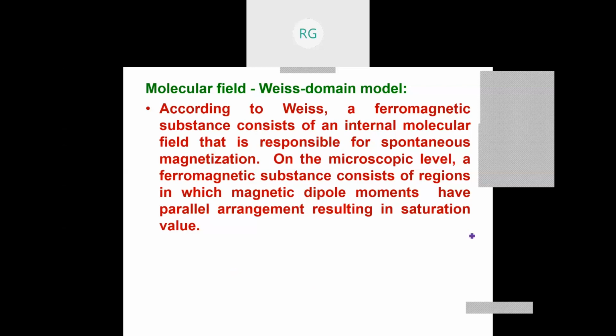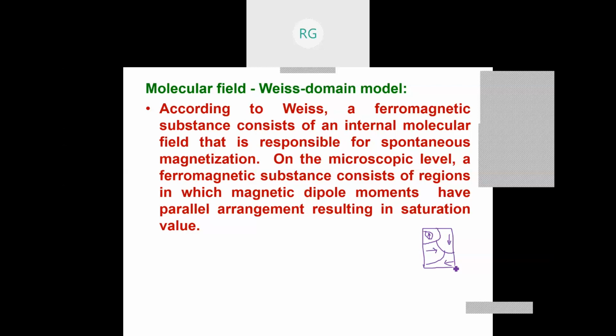Internal molecular field means that in this sample, we have areas. Within this area, we have magnetic moments aligned in one direction. In this one, the magnetic moments are aligned in this direction. In this area, they may be like this. In this area, they may be something like this. Therefore, we assumed that in the ferromagnetic material, at the microscopic or atomic level, the substance